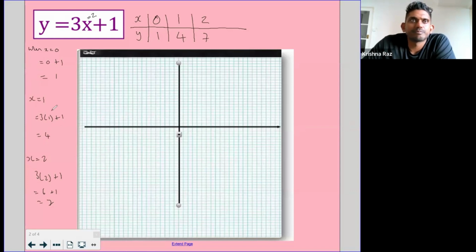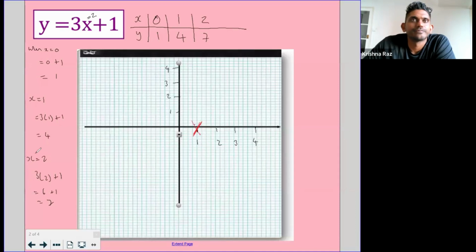So let me put some suitable values. 1, 2, 3, 4. 1, 2, 3, 4. So when x is 0, y is 1. That will go here. When x is 1,